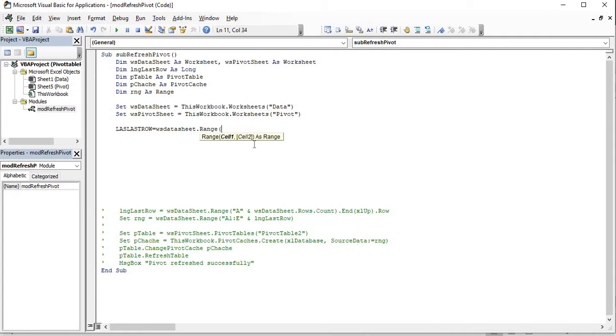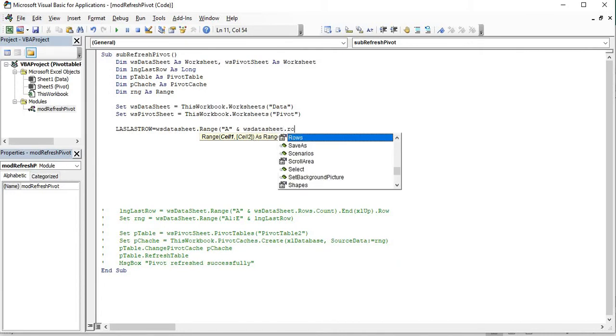See here I'm going to use the logic: place the cursor in the last row, that is something like 10,000, and press the Control key and Up. So I just mention the column as A. To identify the last row in the particular sheet, I use the name of the worksheet dot Rows dot Count. This will return the last row in the A column.